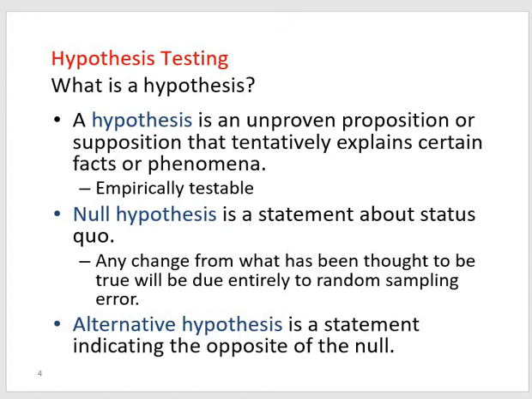There are two different parts of a hypothesis. One is called the null hypothesis and the second is called the alternative hypothesis. Whenever you are going through data analysis, it is never sufficient to just state one hypothesis; there are always two hypotheses. One is the null hypothesis and the second is the alternative hypothesis. This is a compulsory part. You cannot say that you only want to design a null hypothesis. This will not happen. And why will it not happen? We first have to understand what the null hypothesis is and what the alternative hypothesis is.